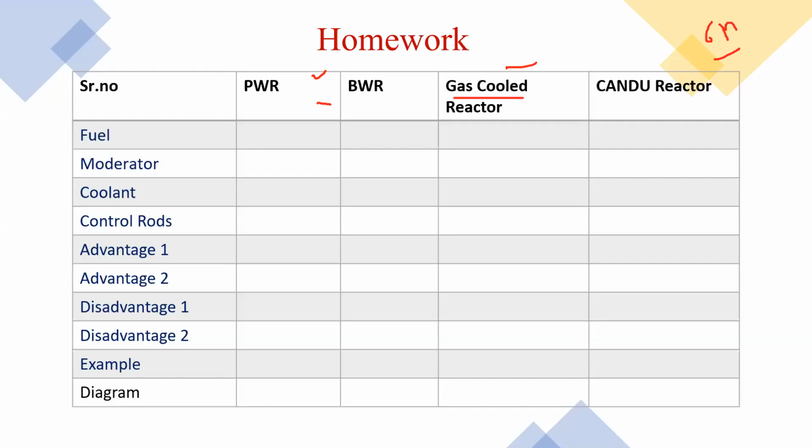So first, who starts? Yes, Praveen, tell me first. In steam power plant, water is required in very large quantity, and in nuclear power plant, water is required in less quantity. Very good. First point is, in the case of thermal power plant, we require a very large amount of water, and in case of nuclear power plant, we require a very less amount of water.